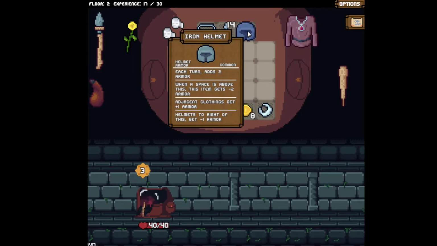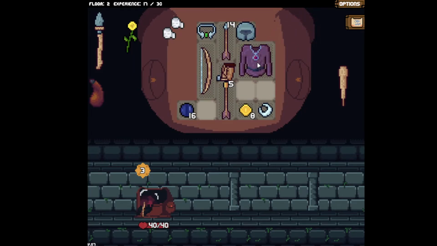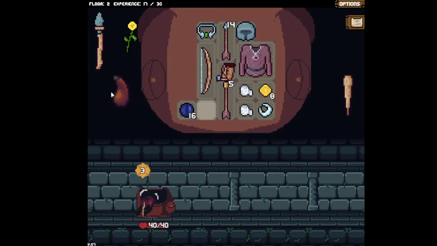We can put this helmet up here because it wants to be as high up as possible. It wants adjacent clothing because it boosts adjacent clothing. So we can put that there. I don't need the club. I don't know why I was grabbing it again. We can throw the bandages in here. I don't really have the room for this, so...